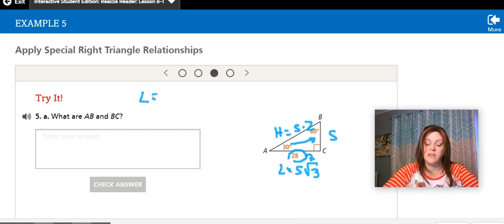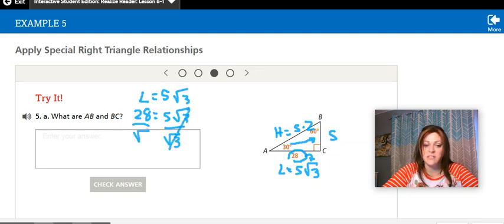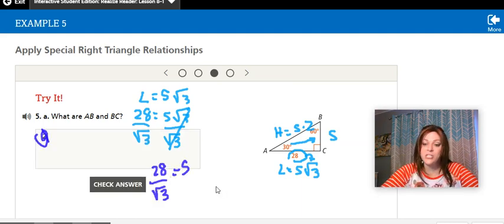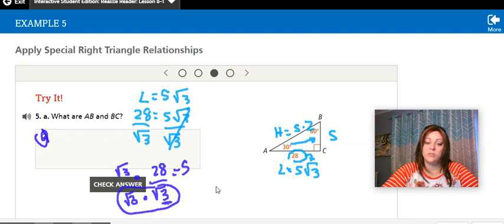So let's do some calculations. Long equals short square root of 3. 28 equals short square root of 3. Divide by square root of 3 on both sides. And again, ask your teacher, do they want you to rationalize the denominator, or do they just let you grab the calculator and figure that out? But if not, to rationalize the denominator, you need to multiply top and bottom, numerator and denominator, by whatever this radical is down here. So I'm multiplying basically by 1 because I have square root of 3 over square root of 3. That's just a different form of 1. And when I do that, these square roots, because a square root squared is just that base number, I'm going to get